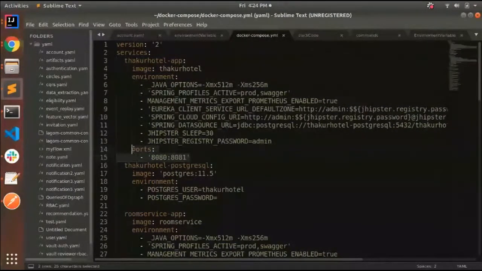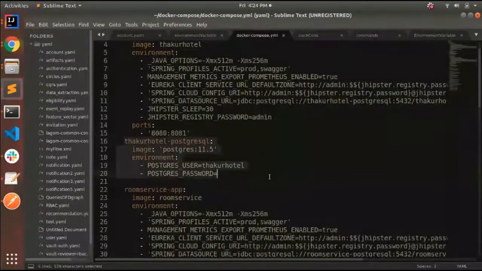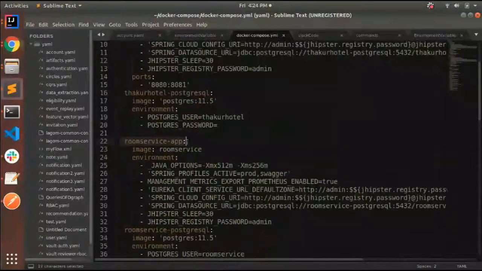They have to route to the external world, and here we can see the database it is using, the Postgres username and password, and it also shows the room service app, that is our second microservice that has been set up in the microservice application.